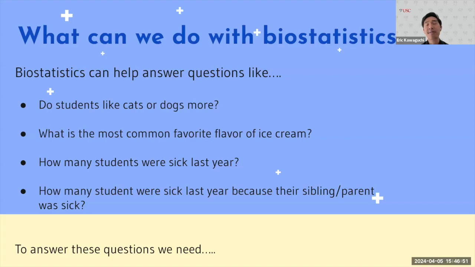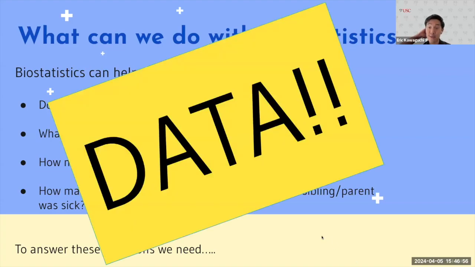And no matter what question we ask, whether one of these four or many other really hard problems or questions, in order for us to answer these questions, we need data. Data is really important. Without this, we can't make any sort of conclusion. And so we need to collect data, specifically data that's pertaining to the question you want to answer,